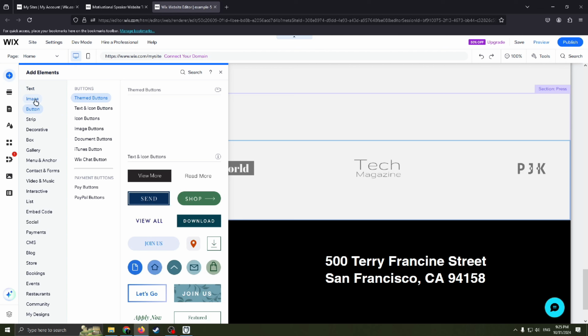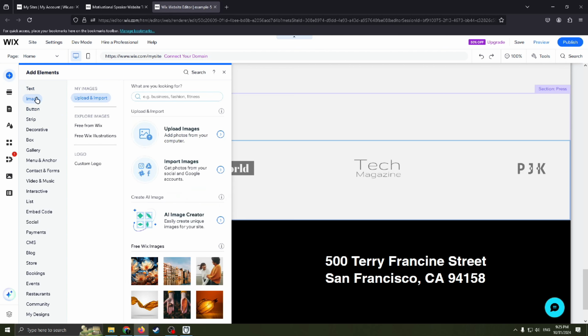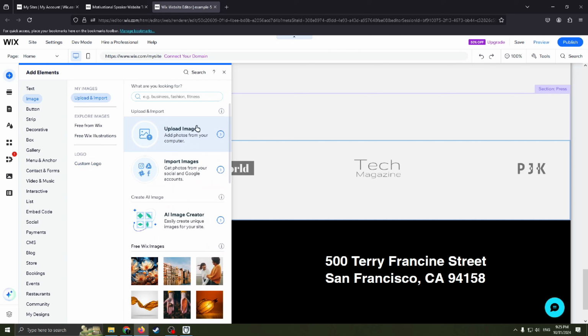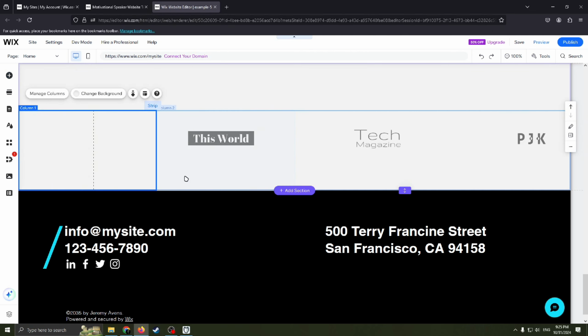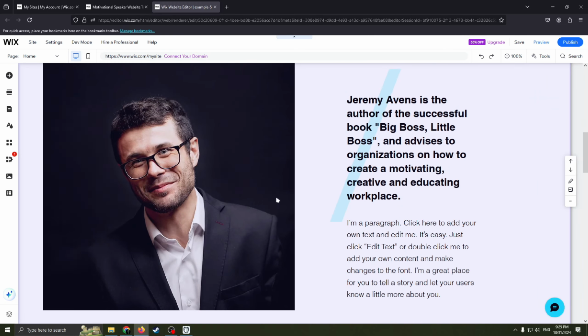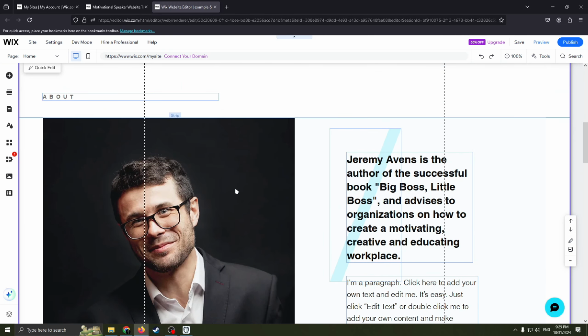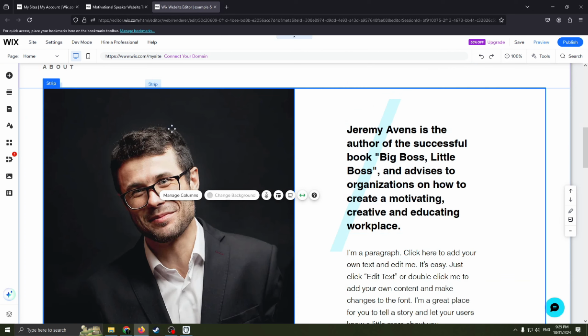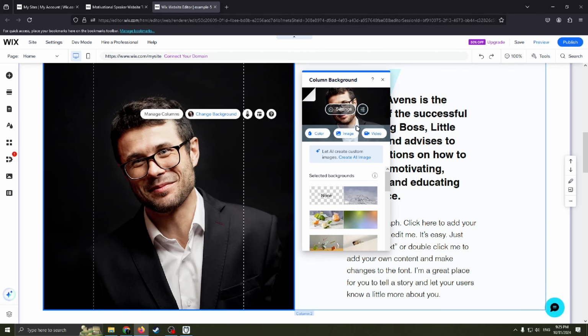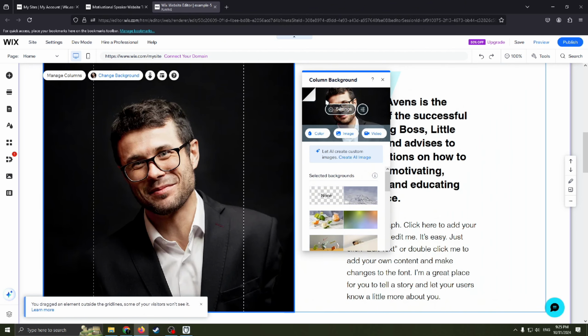And for example to put another image here, just click add elements, choose image here, and you can use free Wix images, or you can upload the image from your computer here. Also, of course, you can manage your media, your photos here. You can change this background, as you can see, choose another image, or as I already said, just delete this